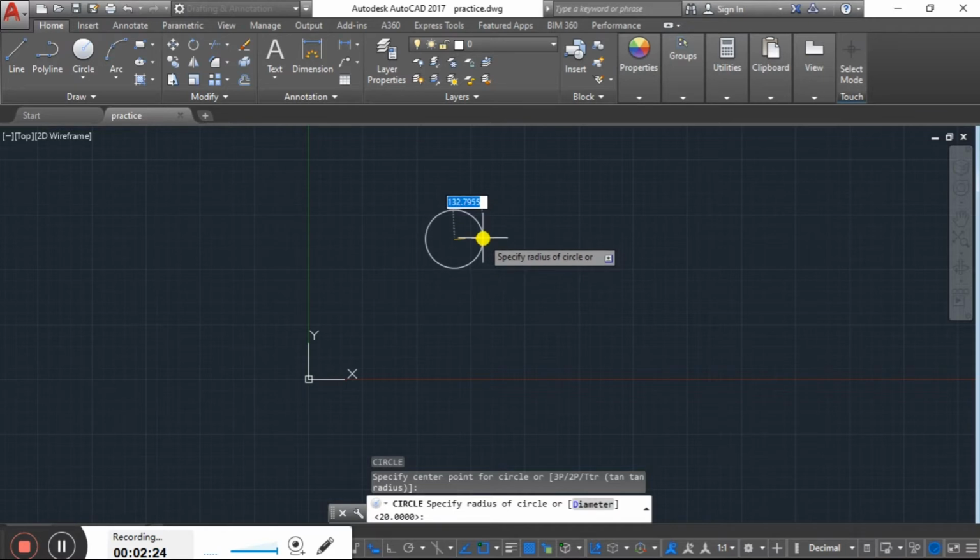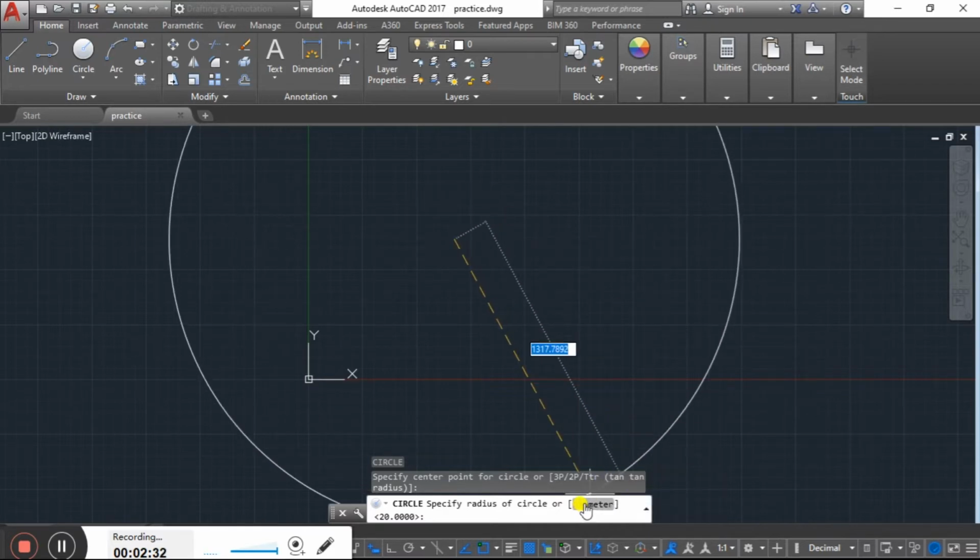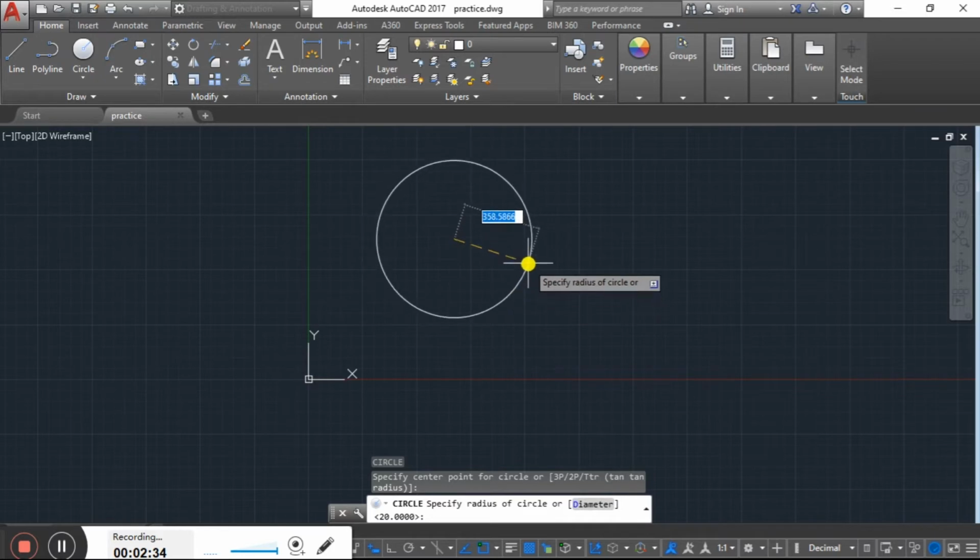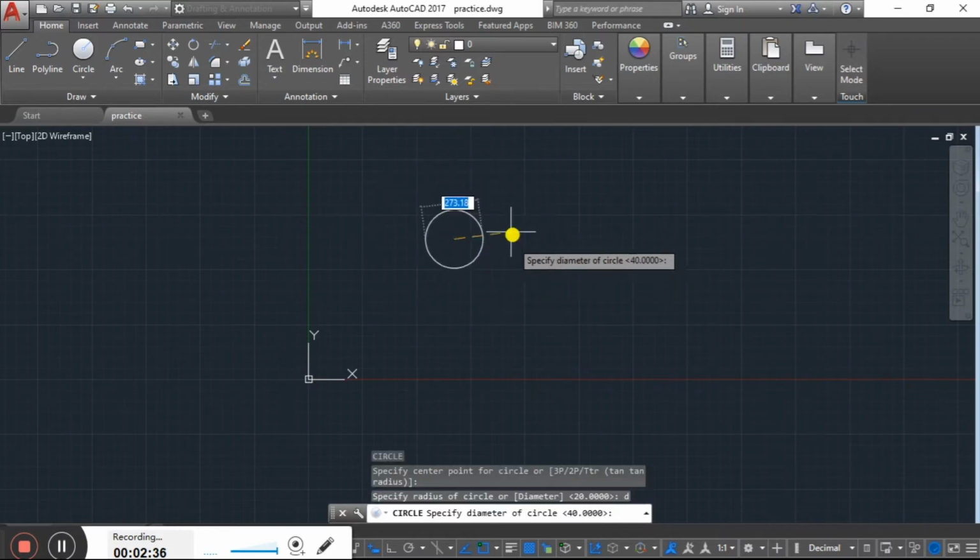Here it is asking for the radius. If you want to convert it into diameter, you can simply click here on diameter, or just press D and enter. It will be converted into diameter.